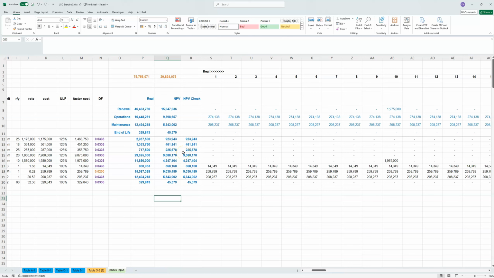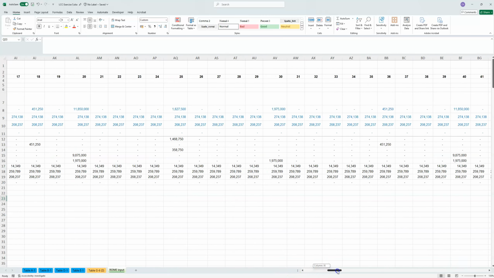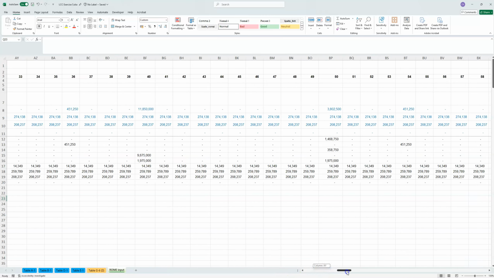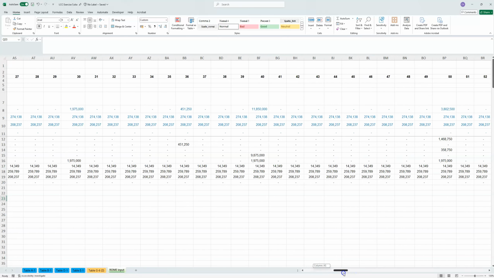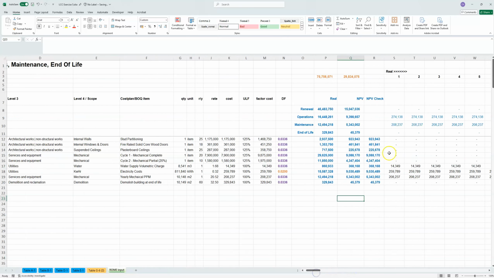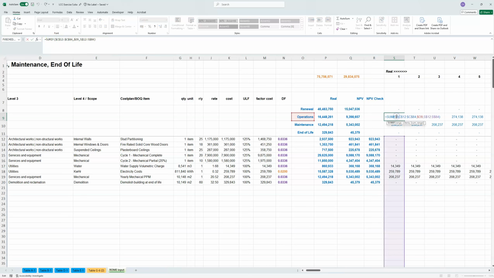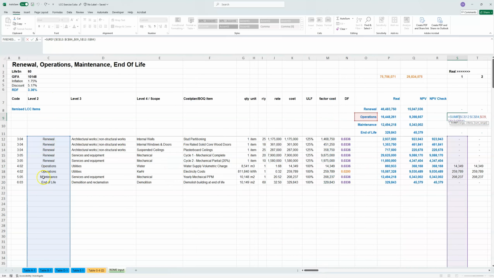So hopefully you can follow that. I know it's a bit of a, let's say, a mouthful in terms of what we're going to do, but everything that we've done here, you've done before. The only thing that you may not have done before is the sum-if calculations, but hopefully you can get your head around that. Ultimately, it's looking through this column for this word and applying the costs that are associated with those 2 items in the cell